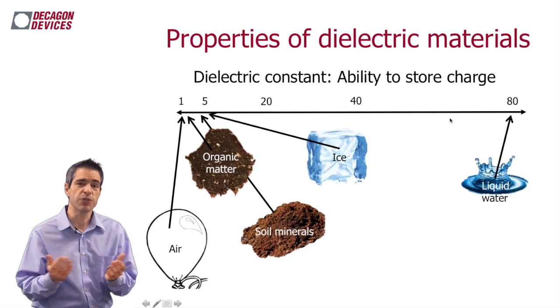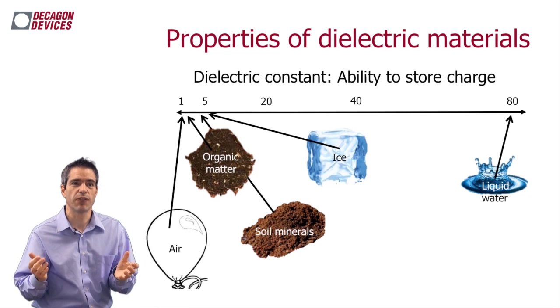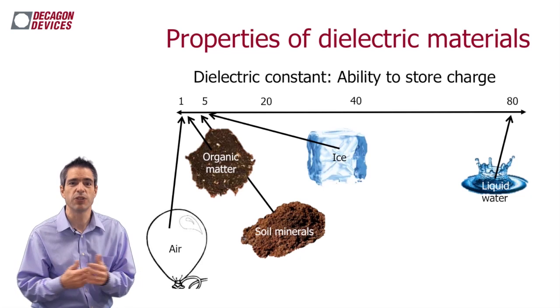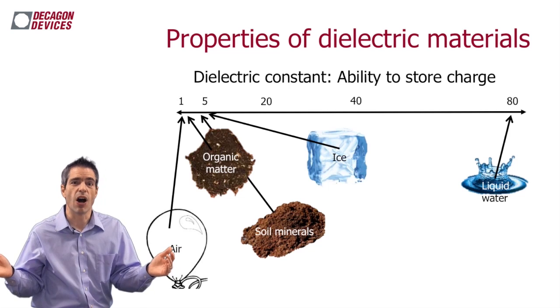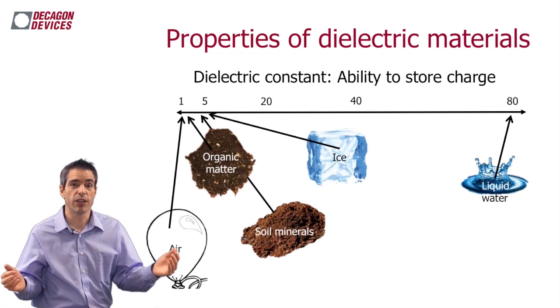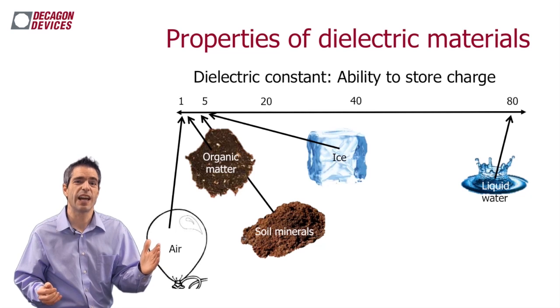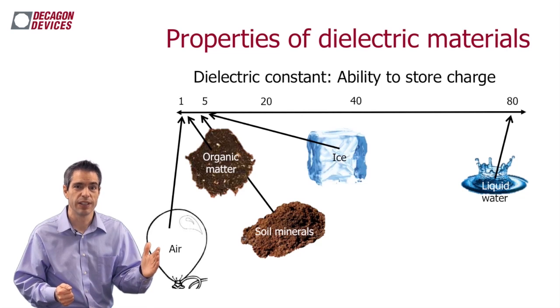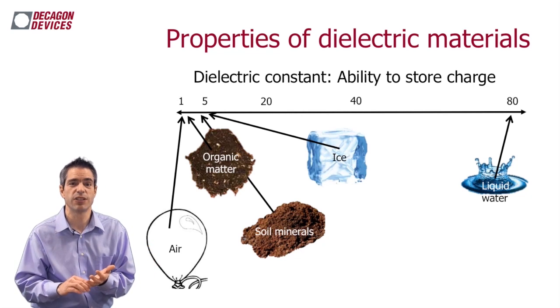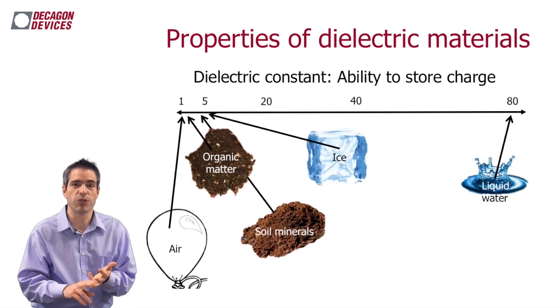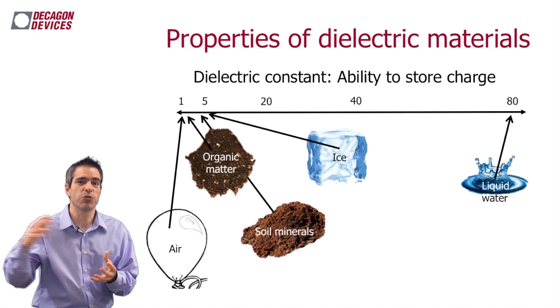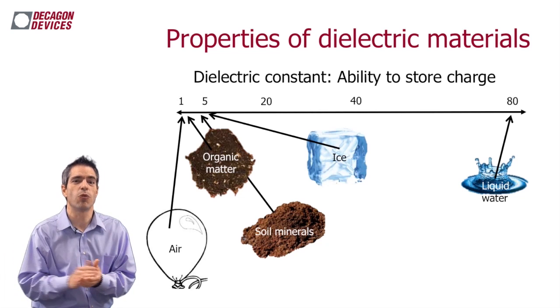Now, it's interesting that we've discovered these properties of interest about different materials, that there are many different materials, obviously, and they store quite a range of charges. From air, which was arbitrarily set to have a dielectric permittivity, or a charge storing ability, of 1, and then several other things that we might consider in nature, like organic matter, which is about 1 to 5, soil minerals, 2 to 5, ice is about 5, and then you look across the spectrum and see that water has